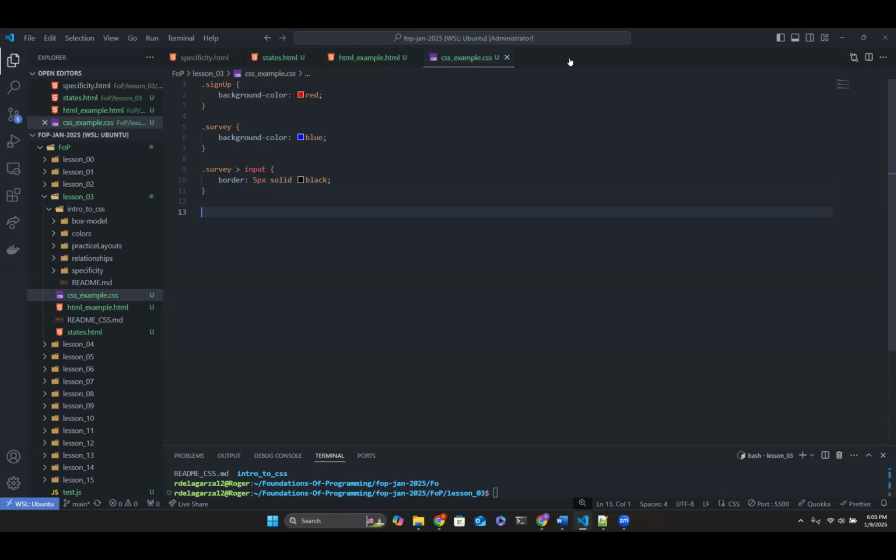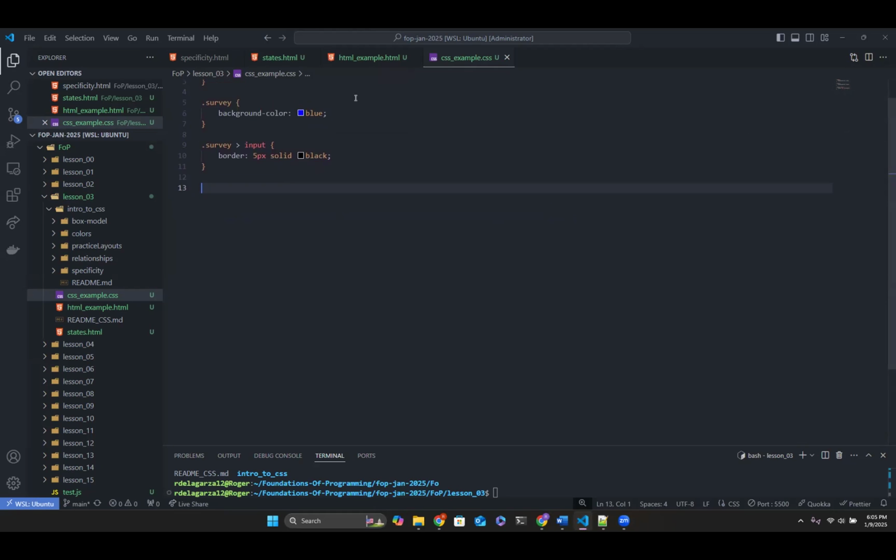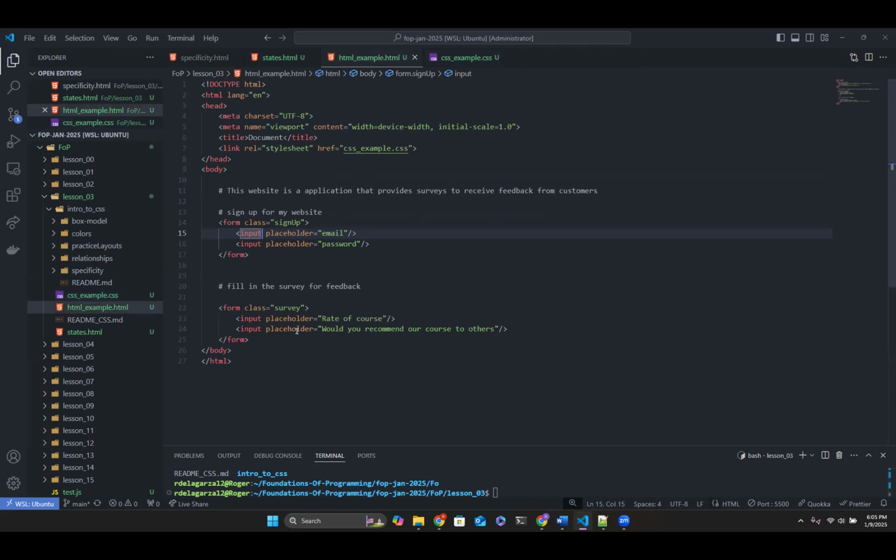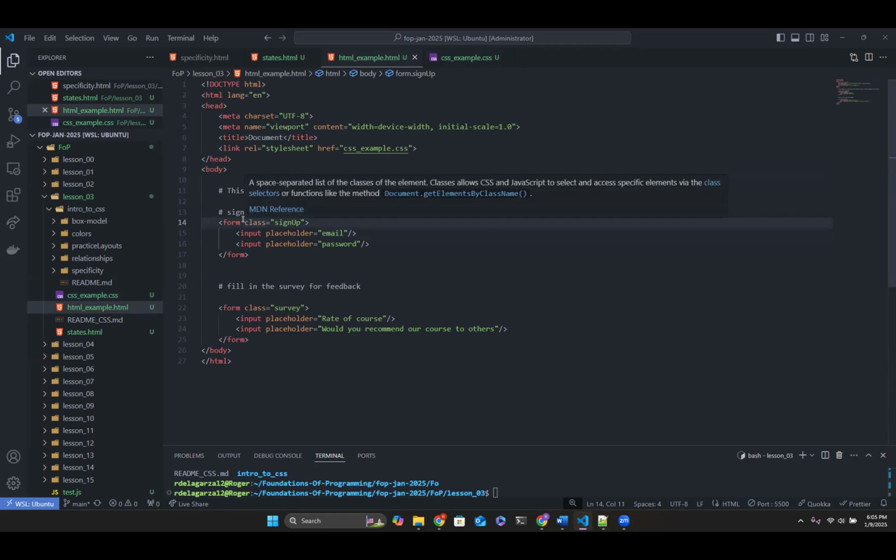Imagine there's hundreds of lines of code here. I could scour through all of this and try to figure out where it's at, and maybe reformat all these different tags. Or I can just come back to what I specifically want to update, increase the level of specificity, and give it an ID.